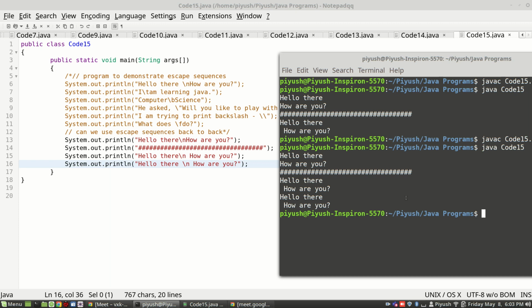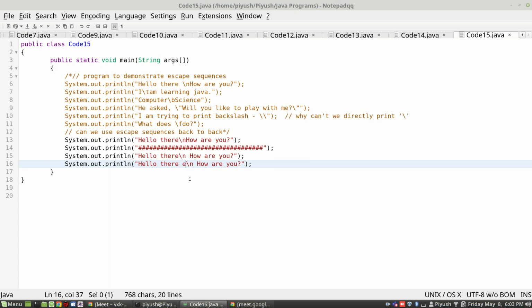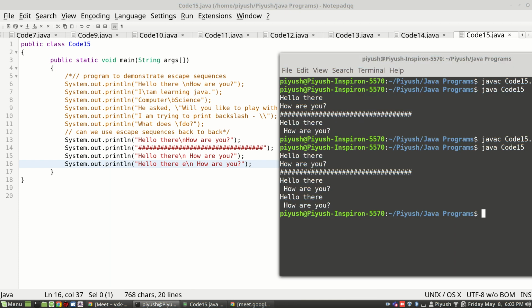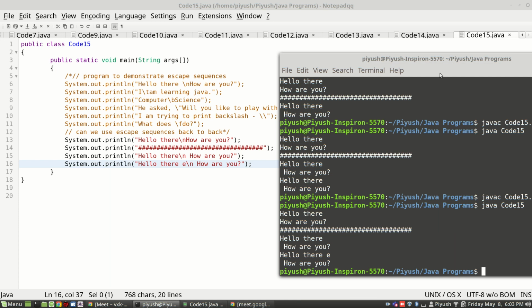If we put one single character here, then you will realize that space was actually printed, but we could not figure it out on the blank screen. Let's say I write E. Then you will see. Now you can see one space being printed here.